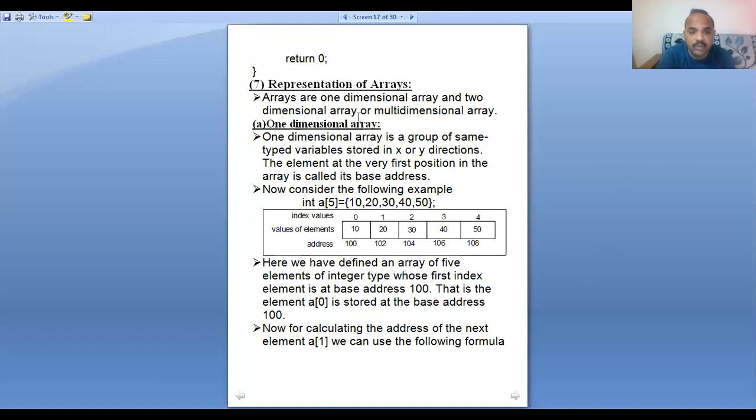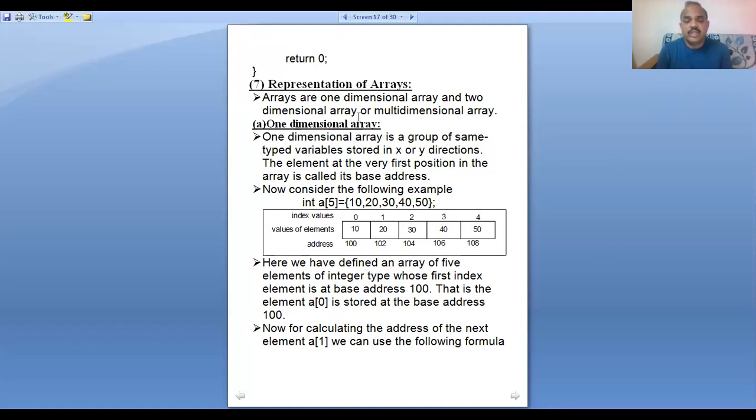All of you listen carefully. So we want to learn the representation of arrays. Already we discussed it in the previous class, but it is a little bit important. Okay. Write and explain. In the previous and end examinations, they will ask to write and explain the representation of an array.